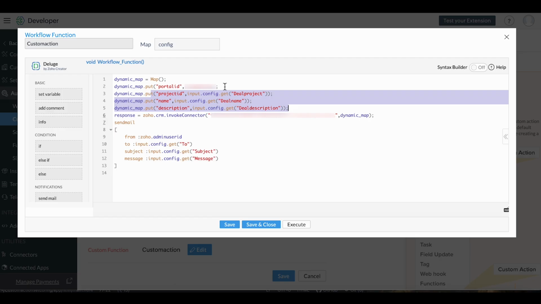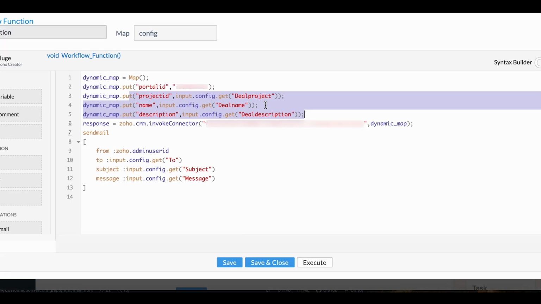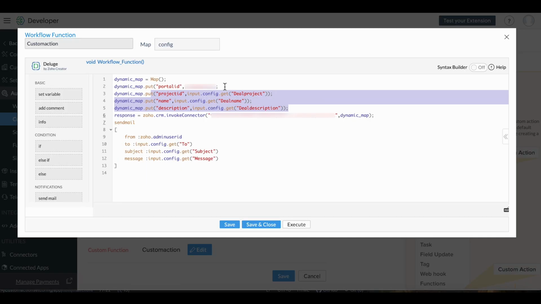So using the format that we mentioned before, input.config.getOf, whatever variable name to which you've stored that particular value in UI, that value will be fetched and can be provided to the parameters required to invoke the create project task API. So in this way, the deal's name, description, and the project ID are taken from the UI itself, and using this, the API will be invoked to create that specific deal as a task in project.